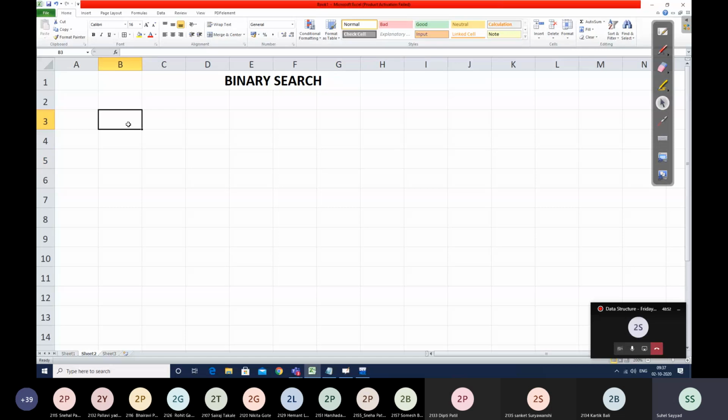So in binary search, your input is an ordered set of elements. See what is the change over here. What is the input? Input is an ordered set of elements. Now in case of linear search, if you remember, your input was only a set of elements.